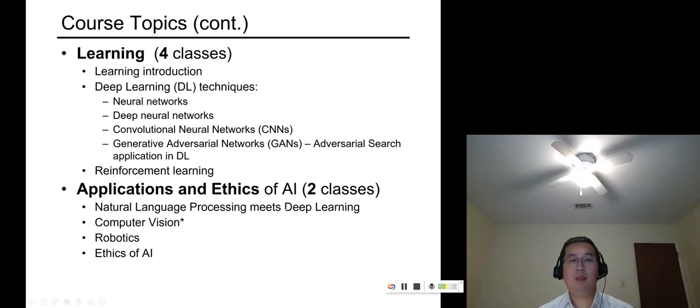And the next one, the third topic, is about learning, machine learning. Basically, we'll introduce learning first, and after that we'll talk about deep learning techniques. Like the first one, we talk about neural networks. So overall, neural networks is like we want to simulate our brain. We call it ANN, artificial neural networks. I mentioned one example before, correct? You have